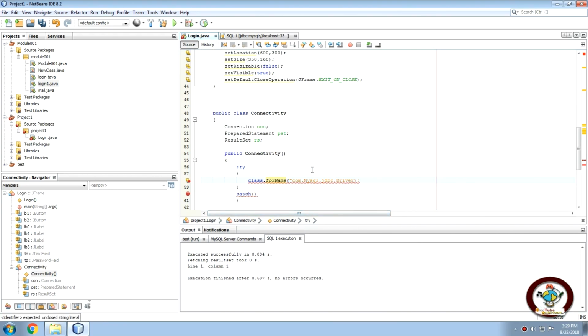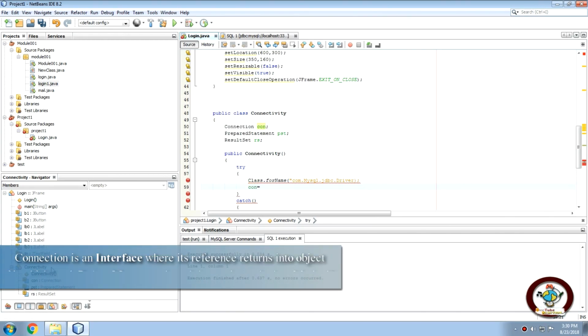So what I'll do now, after doing that, I will establish the connection. In our case, there are two types of connection in JDBC, that is DSN based and DSN less. Here we are using DSN less, where the Java program is directly connected to the database. So we had created the connection object as con, so we'll assign it to con equals